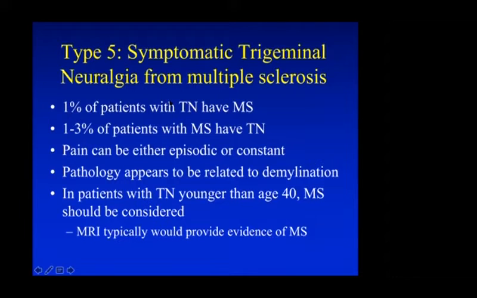The pain can either be episodic or constant. And what causes the pain is your body's own immune system attacking the lining of the trigeminal nerve. If you remember that original slide I showed you where the blood vessel was pushing on the nerve and damaging the lining of that nerve, this is the same situation where the lining of the nerve is damaged, but instead of a blood vessel, it's damaged by your body's own autoimmune system. In patients that are younger, multiple sclerosis is a more common finding, and an MRI scan typically would provide